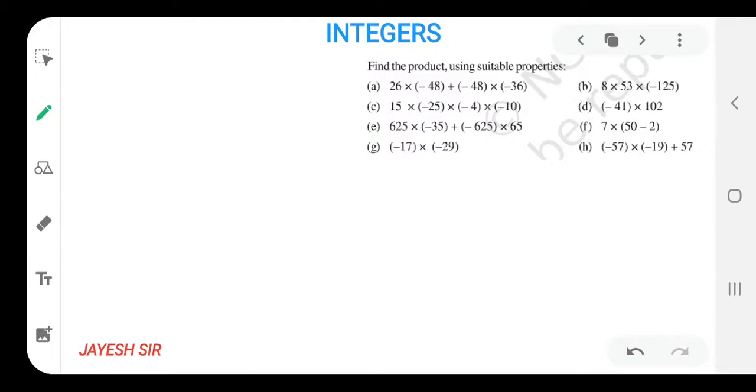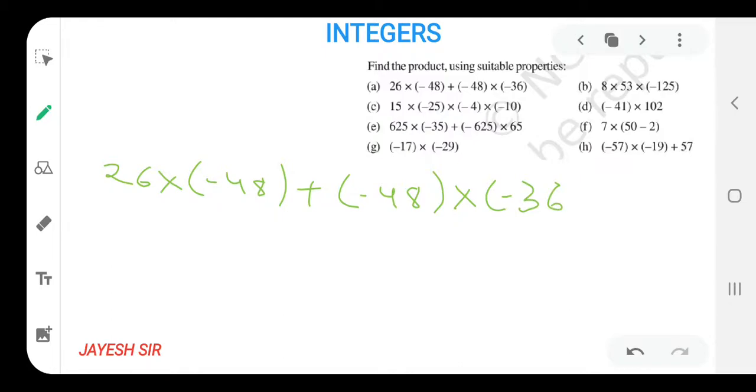Lots of students would be saying, oh, the sum is very big, how would we be able to solve it? But why do you need to worry when I am here? Yes, friends, as we have learned the distributive property, that is very much similar to that only.